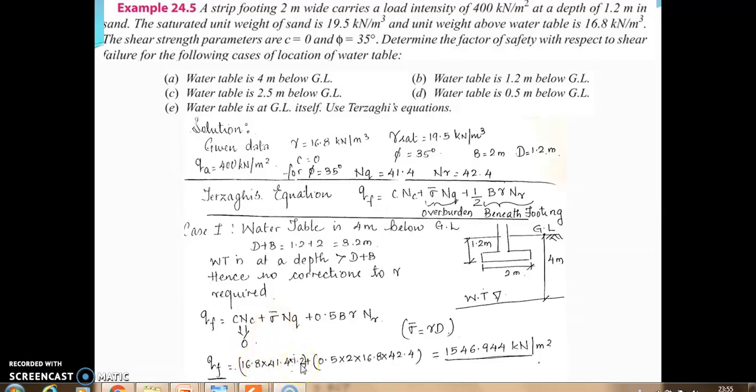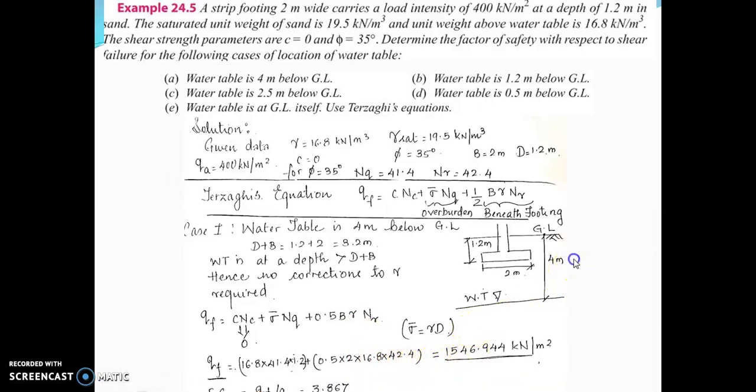Depth of foundation is 1.2, gamma is 16.8, Nq is 41.4. Then, second term, 0.5, B is 2 meters, gamma is 16.8, and N gamma is 42.4. Right? Your qf value becomes